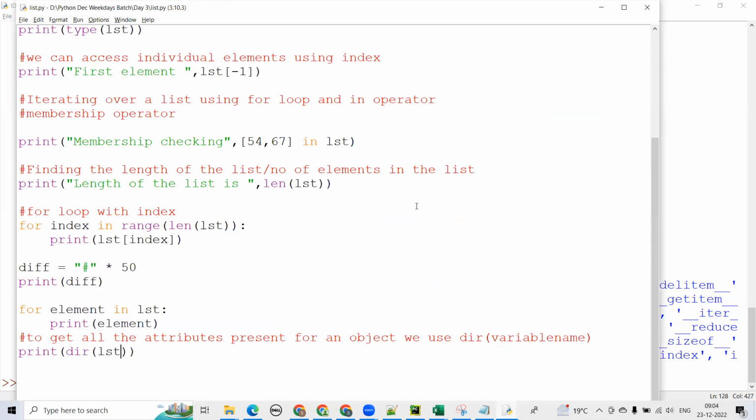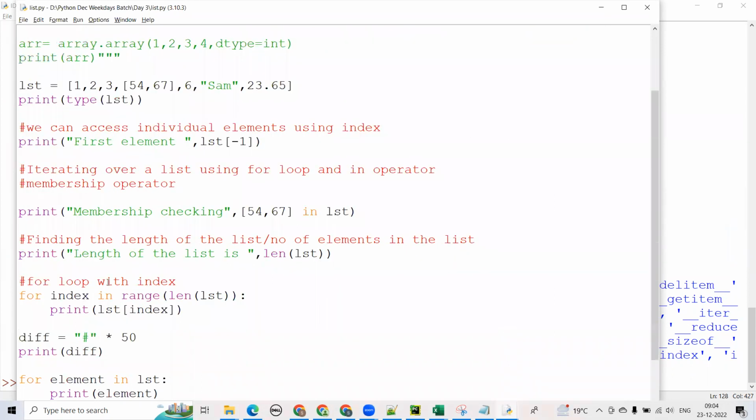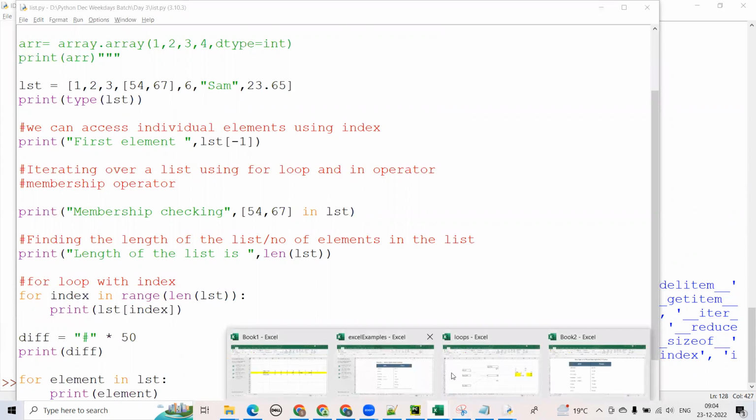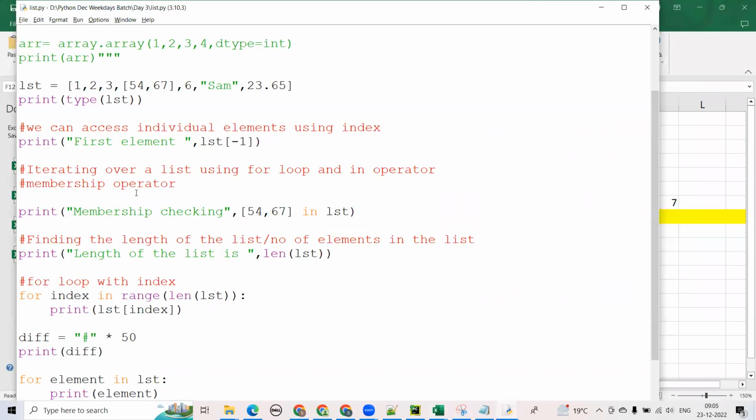So we saw here, Harshda, how we can access individual elements using index. Yesterday we made one Excel. We saw how we can access the individual elements. If we give list of 0, it will print 1, list of 2, it will give us 3. So what we are doing here,